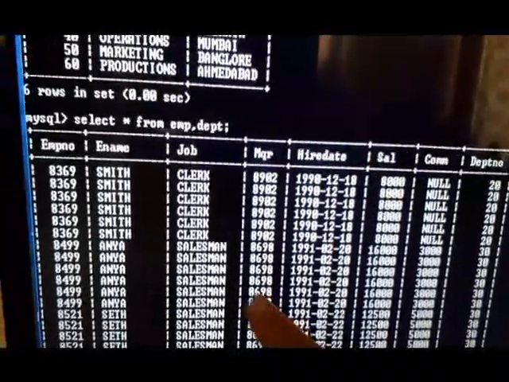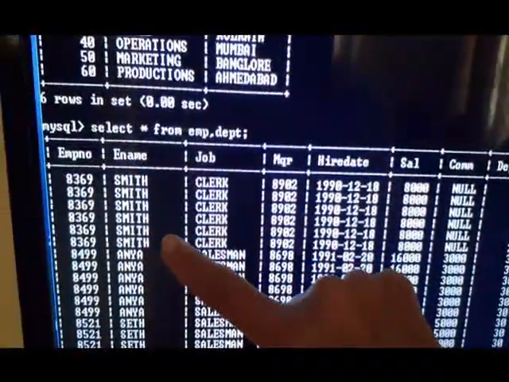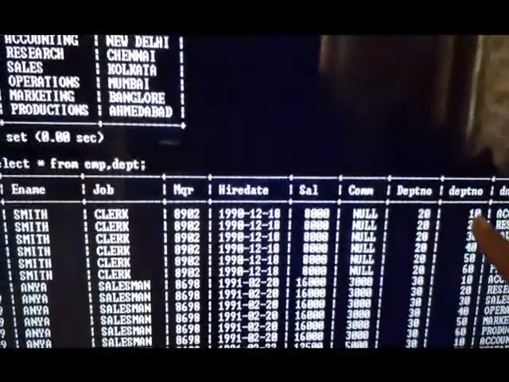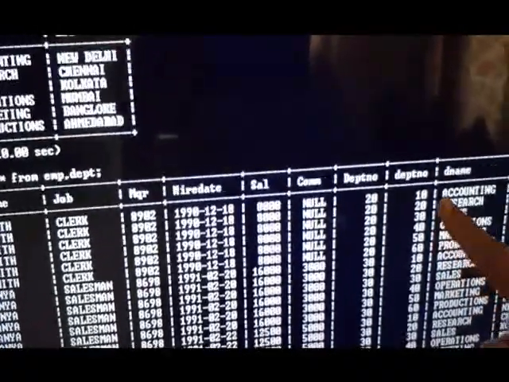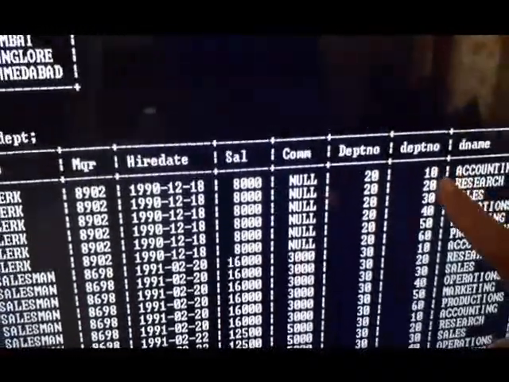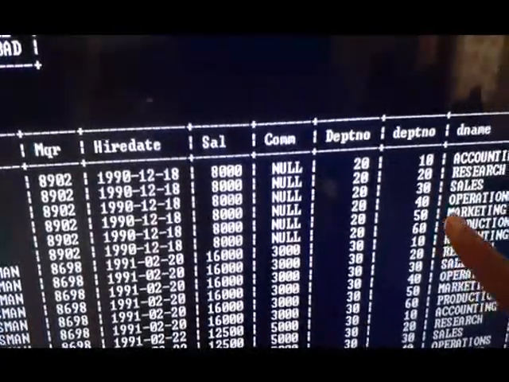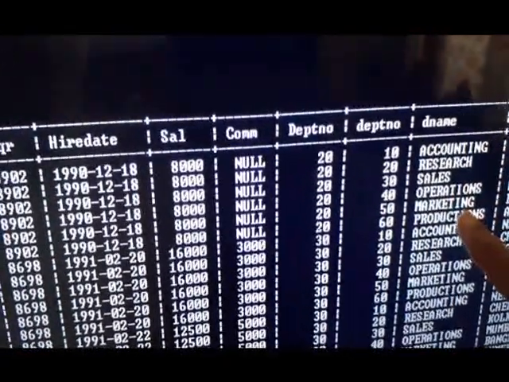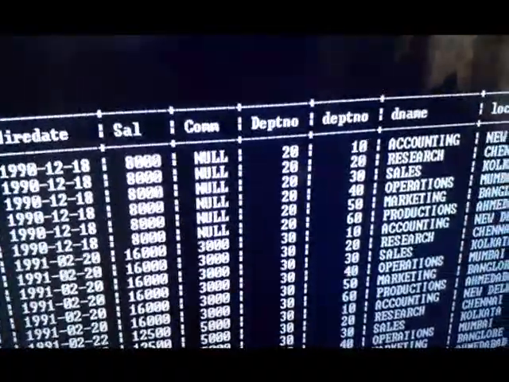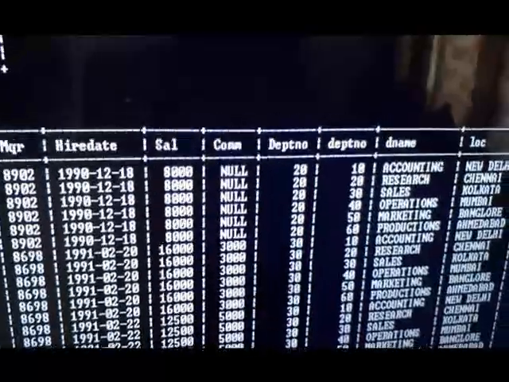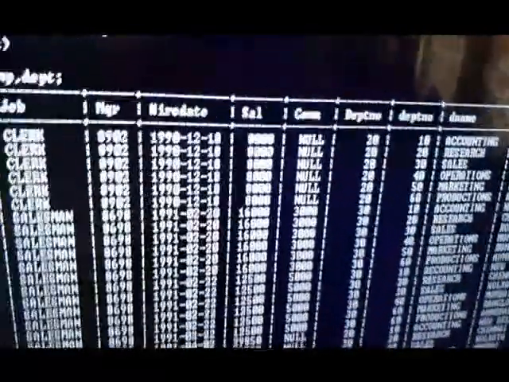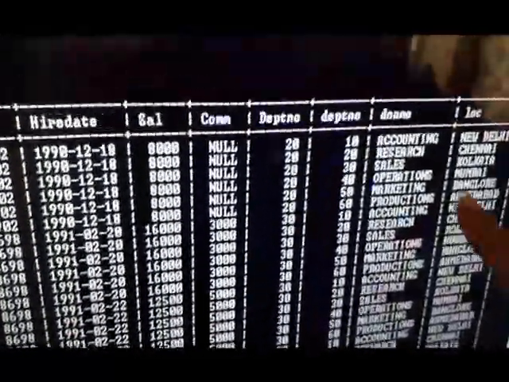First record, that is Smith's record, is merged with, you can see here, 6 department numbers: 10, 20, 30, 40, 50, 60. Can you see 6 department numbers? 10, 20, 30, 40, 50, 60 department names. Okay, 6 department names, and you see their locations. Are you getting? One record of Smith is merged with 6 departments. So this is quite illogical. Smith can be in one department only, but this is okay.